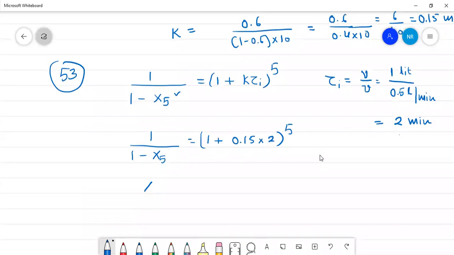So can you tell me the value of X5? X5 is equal to